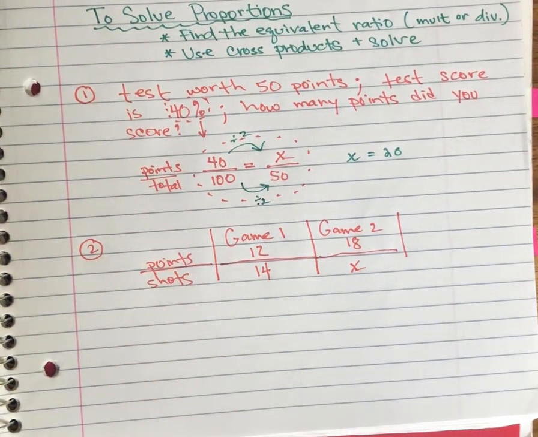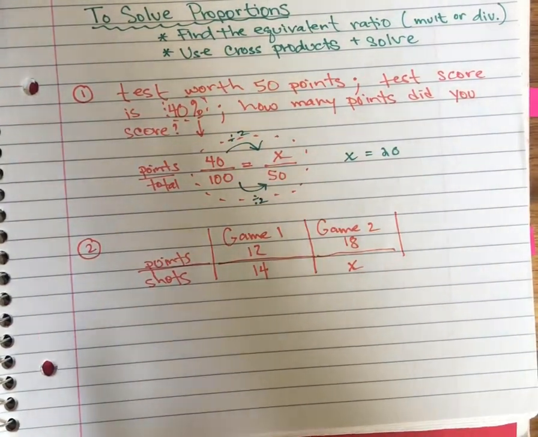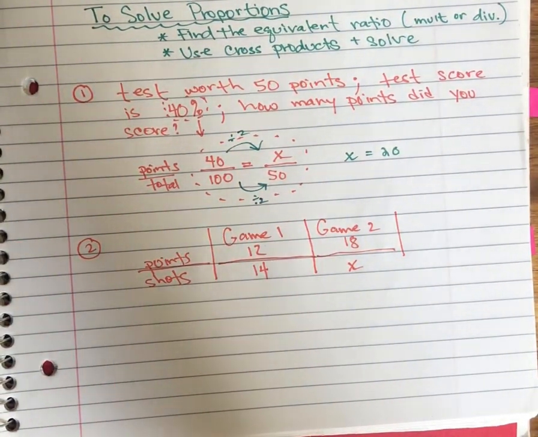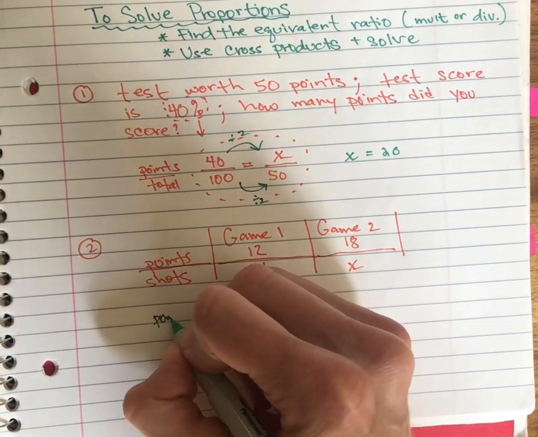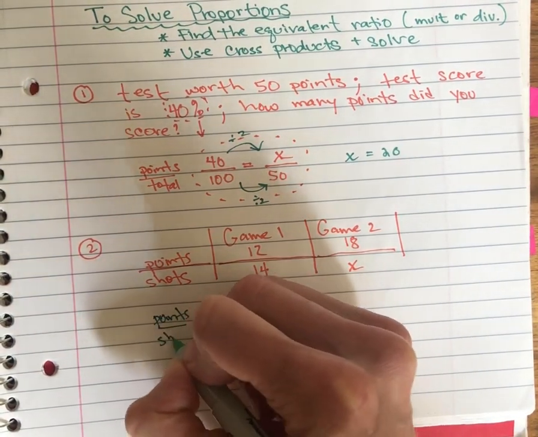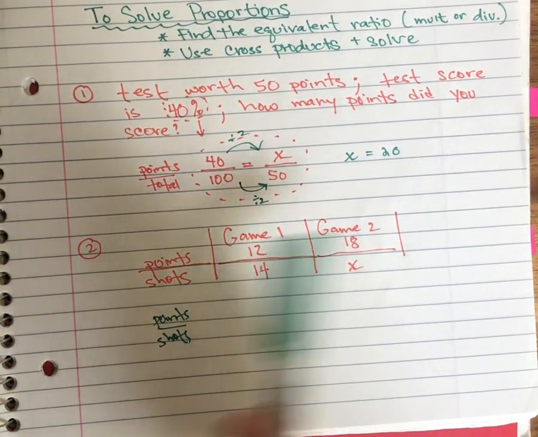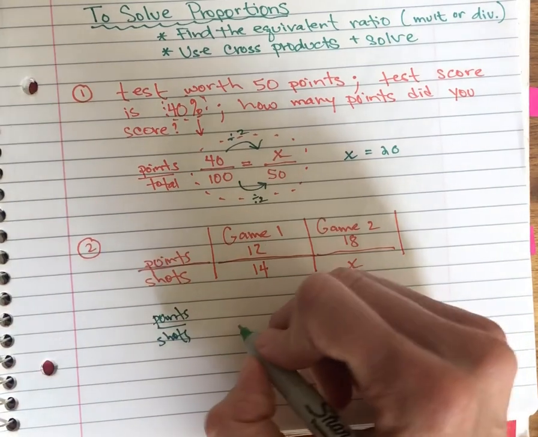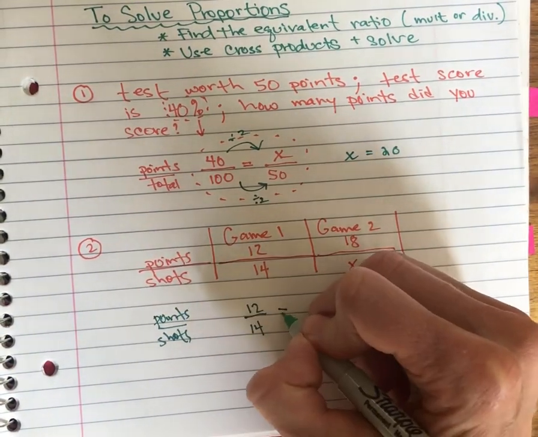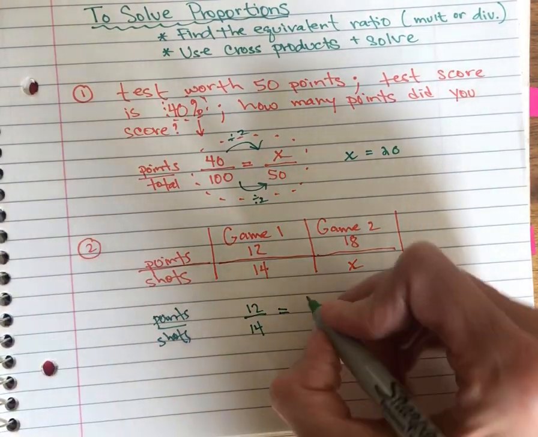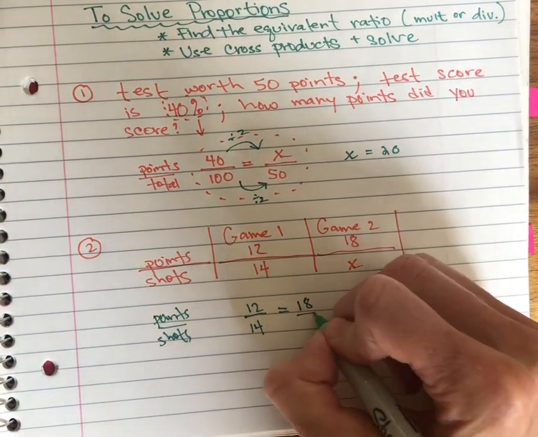Okay? So we don't have a proportion yet. We're assuming that the ratios of points to shots is equivalent for both games. So when we write a proportion, we'll start with our guiding word, points to shots. We'll just do that off to the side. Now this one is pretty easy because it comes given in a table already. So we'll set it up 12 to 14, have to have an equal sign in a proportion, equals 18 over